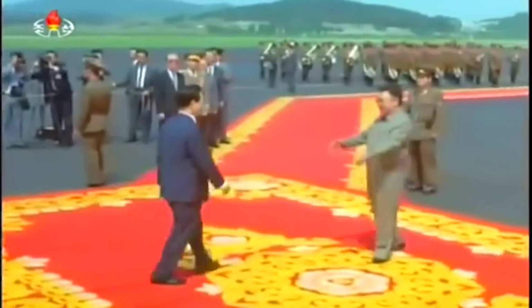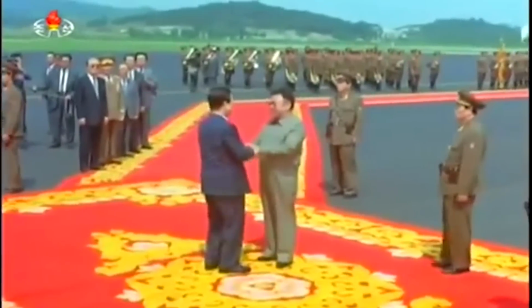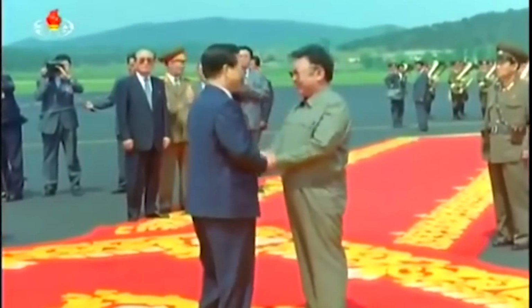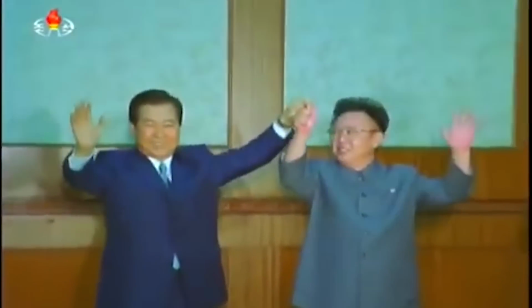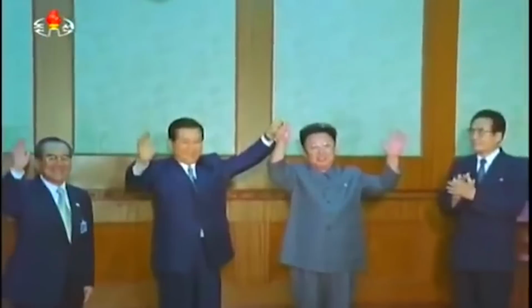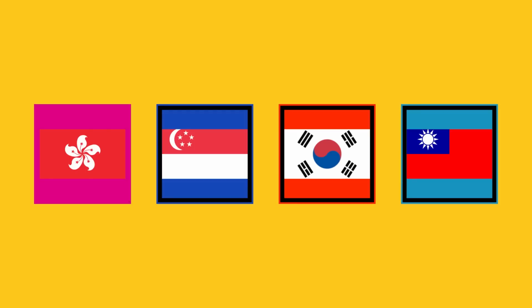President Kim Dae-jung promoted reconciliation with North Korea through the Sunshine Policy, earning him the Nobel Peace Prize in 2000, but the fate of the Korean peninsula still remains a mystery. The small island of Taiwan,